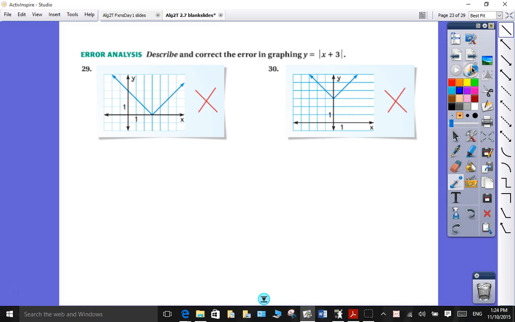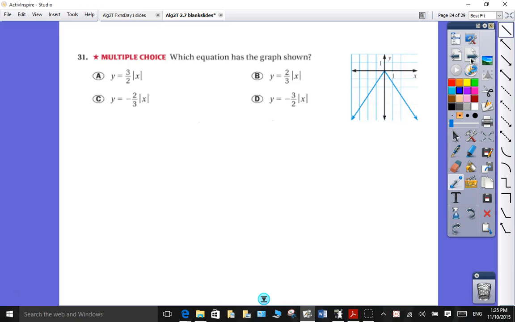Yeah, the correct graph of x plus 3 inside absolute value would have been 3 to the left. Yeah, this is 3 to the right, that's 3 up. At least they didn't give us 3 down too, right? But the correct would have been 3 to the left. And then